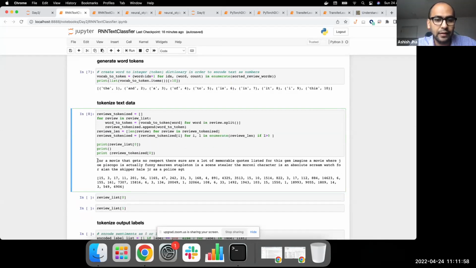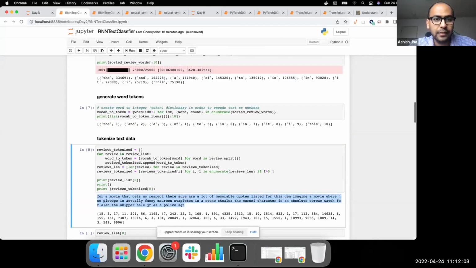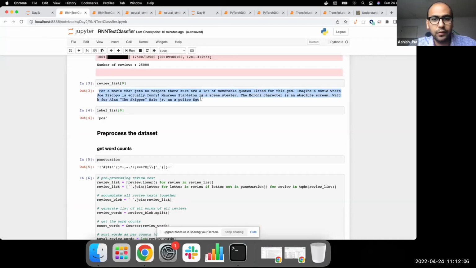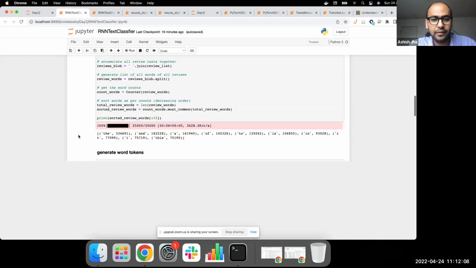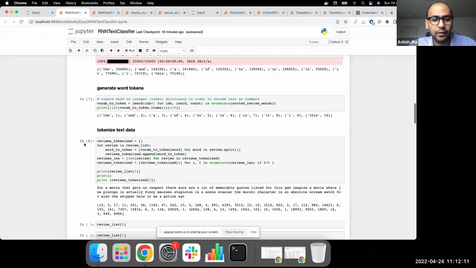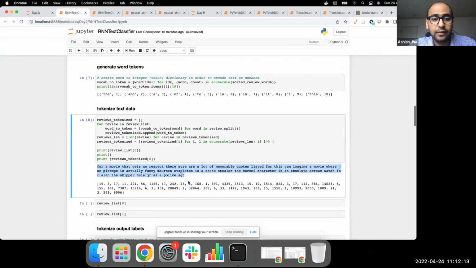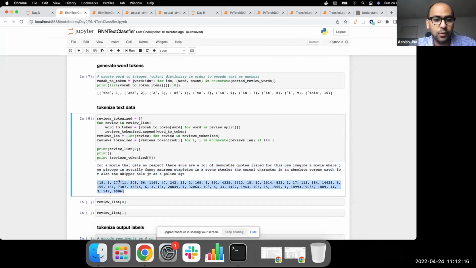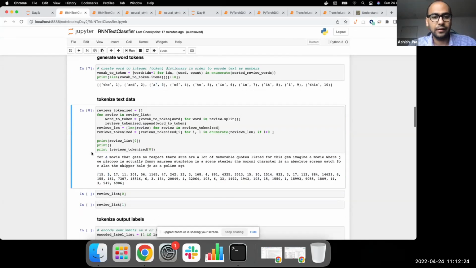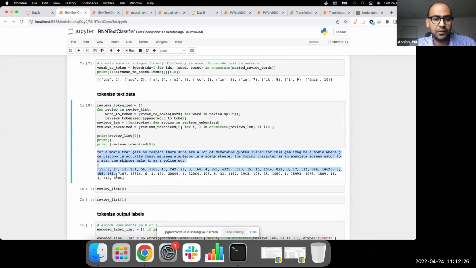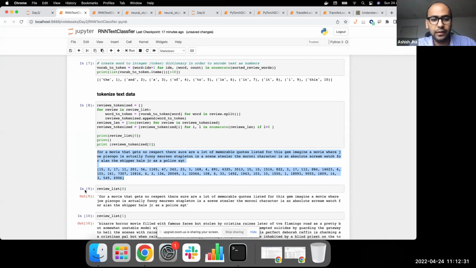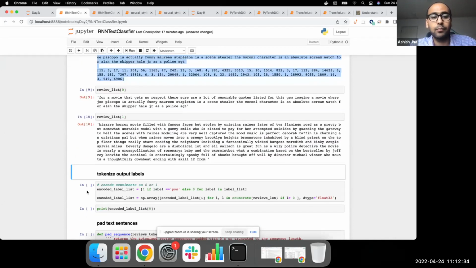So what happens in the end is we get this reduced form of review. If you remember, this was the original review with all the punctuations and all the upper cases. Now it is reduced with all the punctuations dropped and everything lowercase, and then it is tokenized into numbers. So you can see that A is translated into 3 because that is what we decided the token for A will be. So this is our most important step here, which is to convert these sets of words into sets of numbers. Now it's going to be easier for our model to understand this, but our task is not done yet.